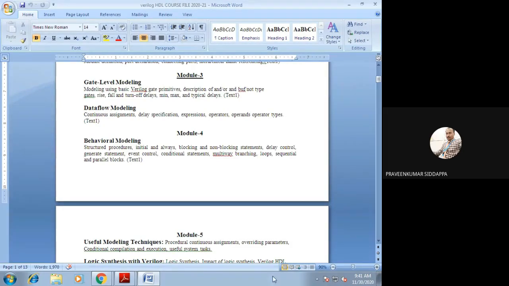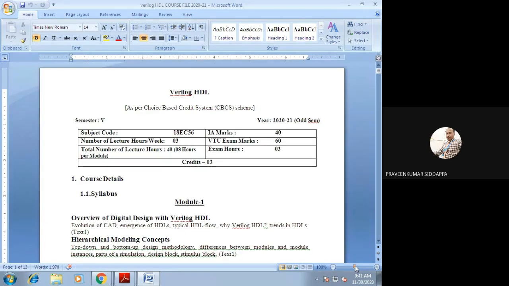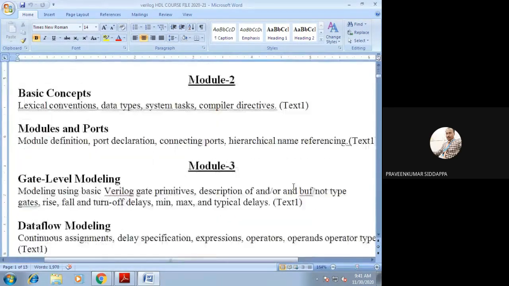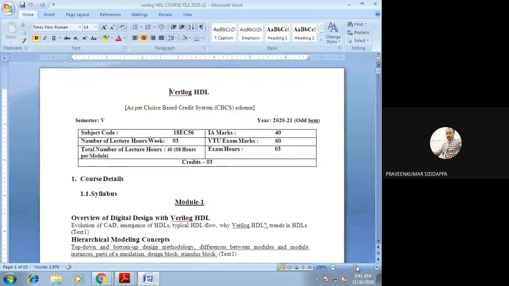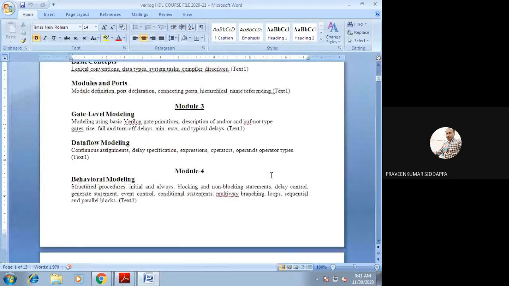So today we will start a new module, called module number 3. First today we will discuss briefly about the syllabus, and after that we will start the concept. I think up to the last class we have completed module 2. So today onwards we will start